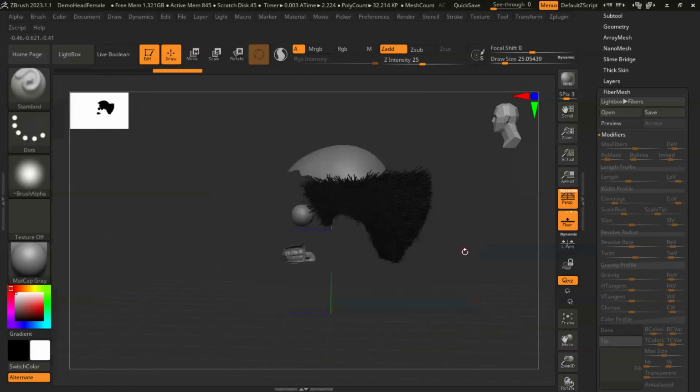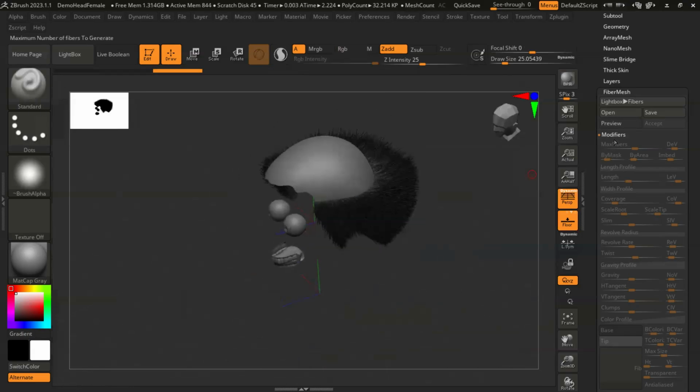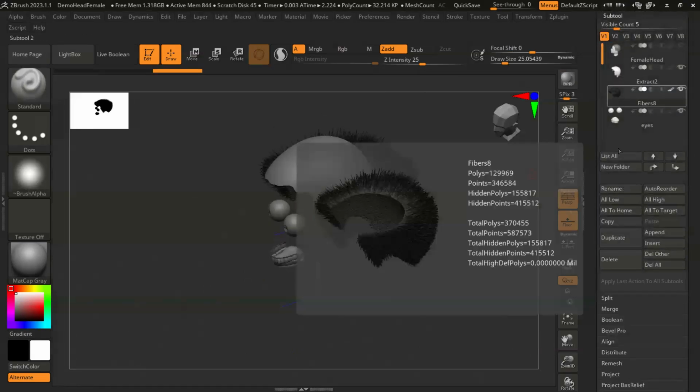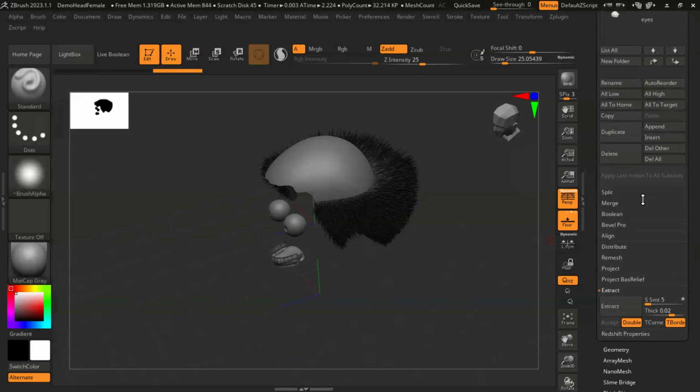So this area will become small here. So this you can make from different subtool layers. Right now you can see we have only one subtool here. You can have it separate. With this you can split it. So under split,